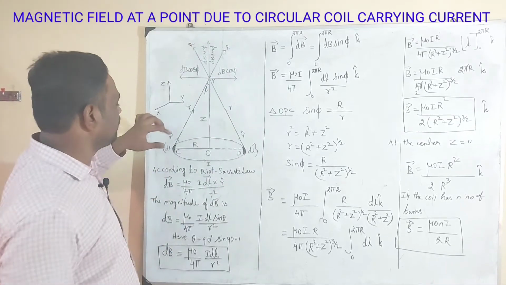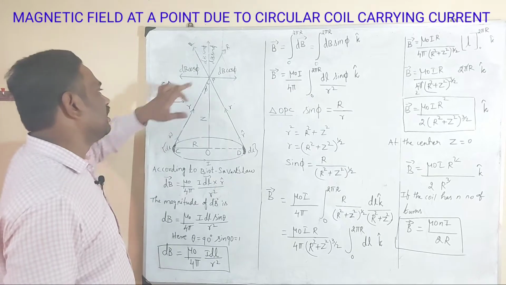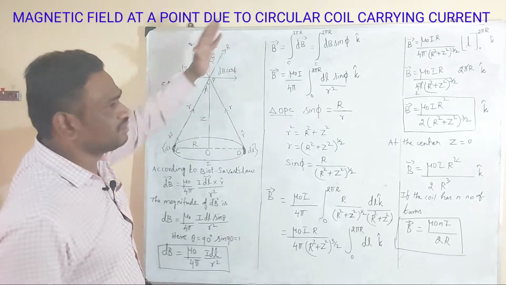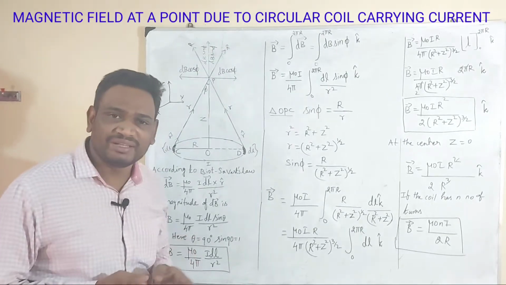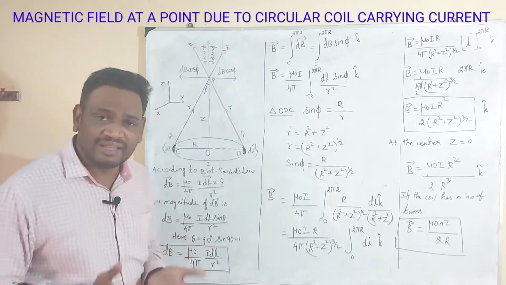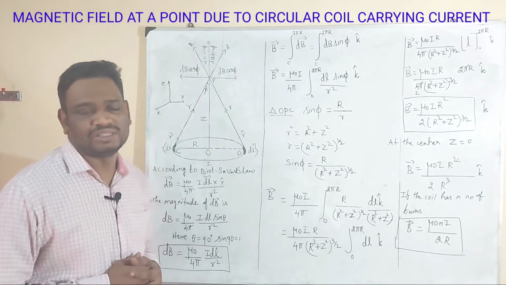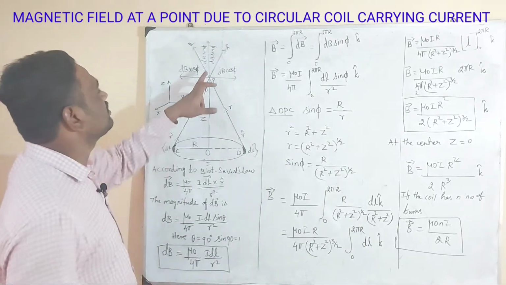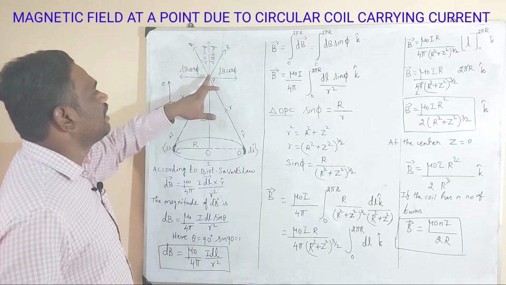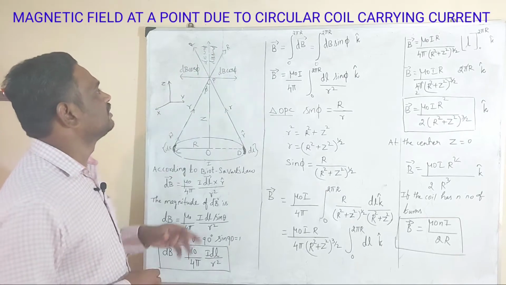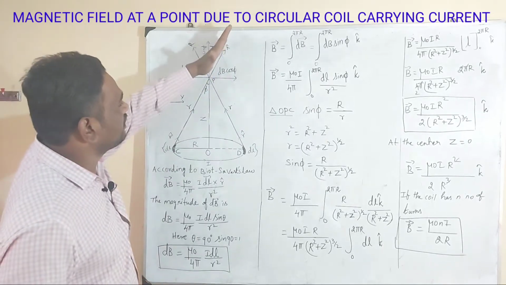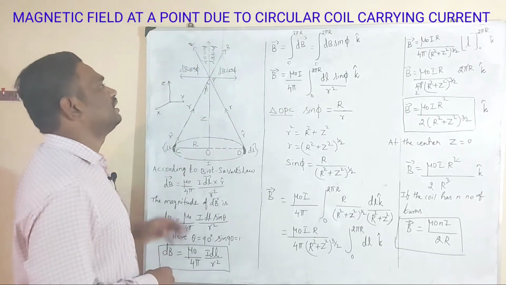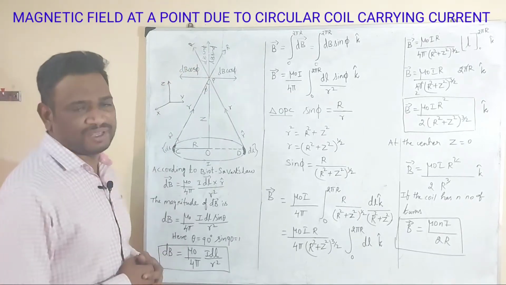Okay. Here the magnetic field produced at the point P due to the element dl acts along this direction. Similarly, the magnetic field at the point P due to the other element dl acts along this side. Here these two magnetic fields are neither parallel nor perpendicular to each other, so we have to resolve them into two components. One is dB sin phi and the other is dB cos phi. Here this magnetic field is resolved into dB sin phi and dB cos phi. Similarly, this magnetic field is resolved into dB sin phi and dB cos phi.